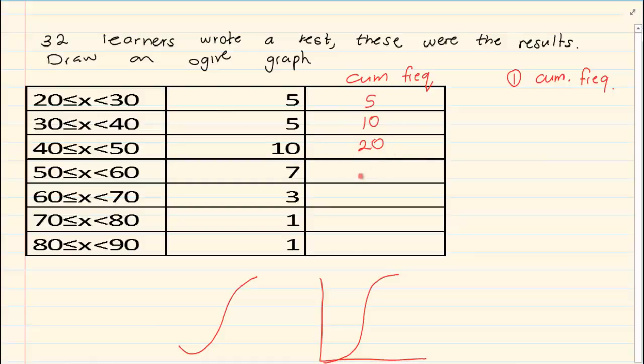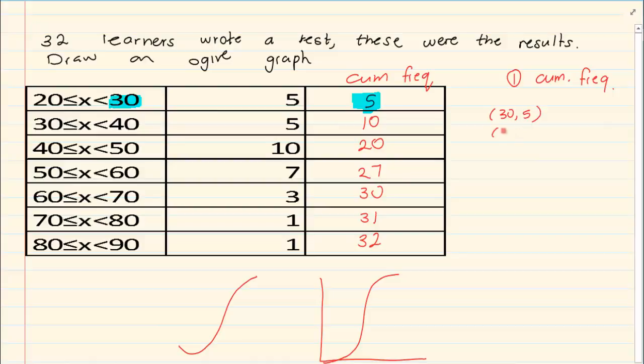20 plus 7 is 27. 27 plus 3 is 30. 30 plus 1 is 31. 31 plus 1 is 32. So when we are drawing a frequency table, what is the information that we take to plot the information? We are going to take the last value for our x, and we're going to take the cumulative frequency for our y. So in this case, our coordinates are going to be 30 and 5,